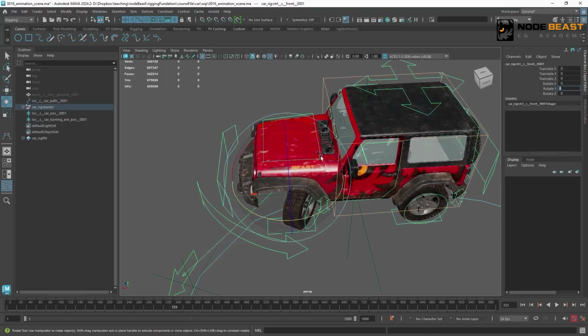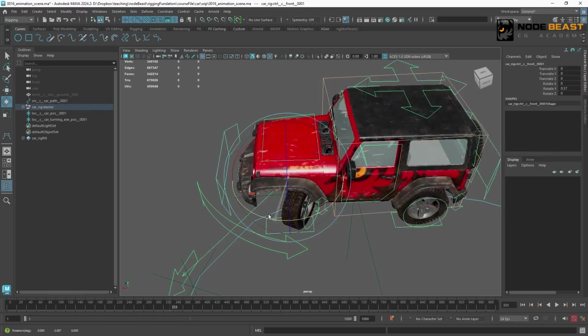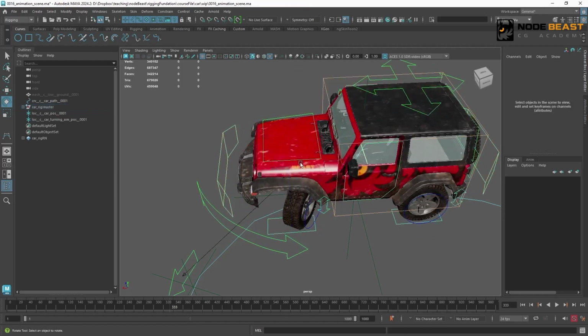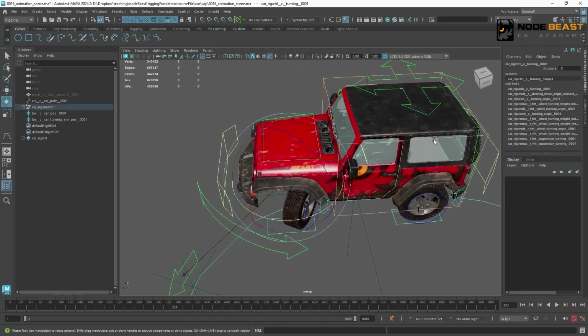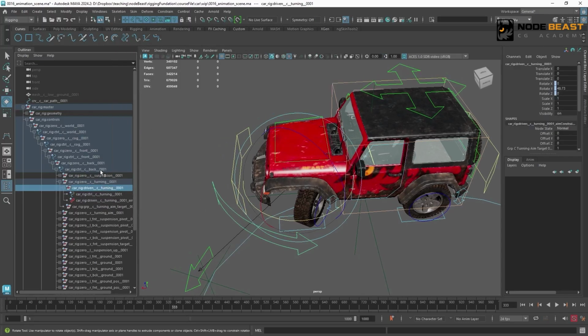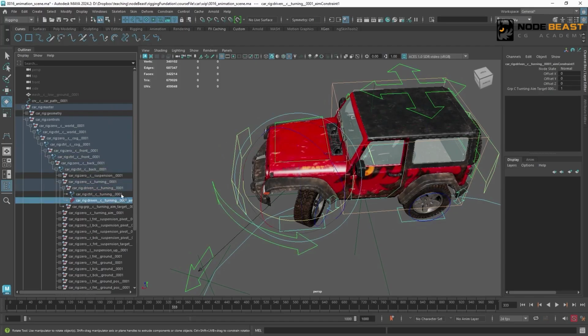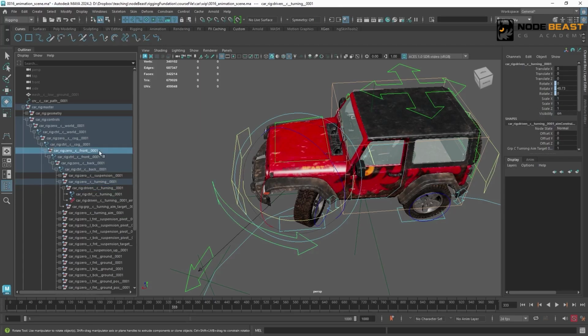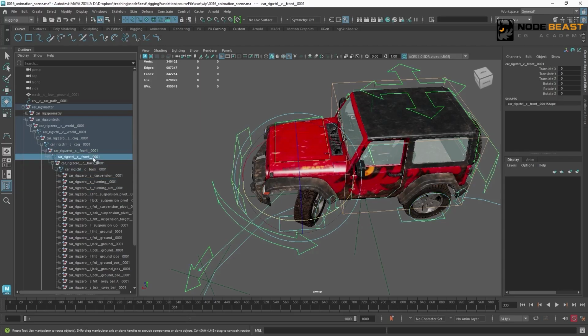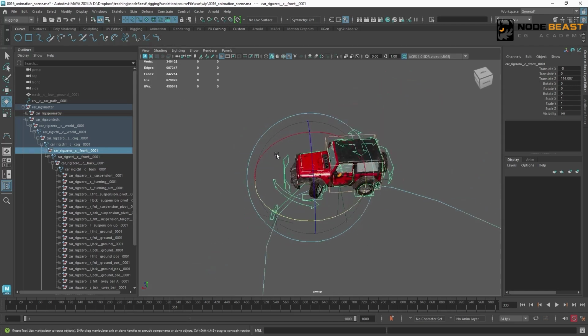So what do we need here? We need a value that doesn't change when we rotate the front controller. Let's analyze the hierarchy. This controller is under the front controller as its child. If we look at the hierarchy structure, it's under the back controller. The back controller is under the front controller. So it is under the front controller as its child. And the aim constraint here is a world position. So when we move the front controller, its value will change. That won't work. We need a node above the front controller's hierarchy to find the steering angle and use this angle to drive the front controller. So how do we do this?